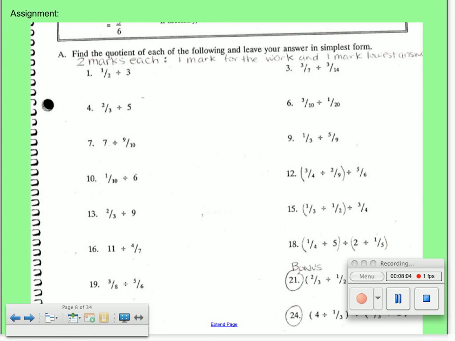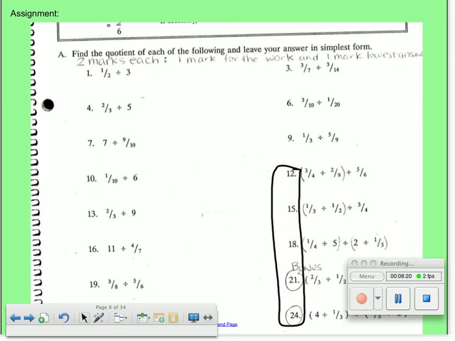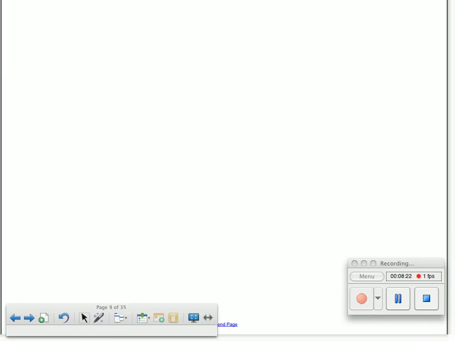Okay, so your assignment today, you are going to be working on the following questions. We are going to do anything that has more than 2 as bonus, and we're going to go over one of those examples in a minute here. So you're going to go through these questions, and we did mark them in class as well. So if I have a situation where I have 3 of those questions together,